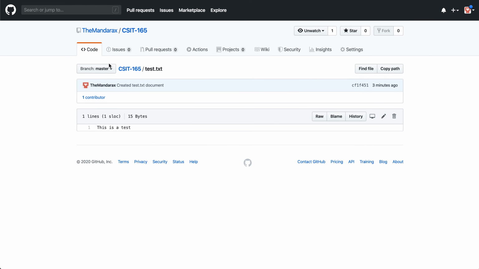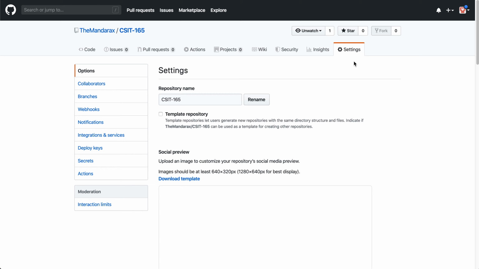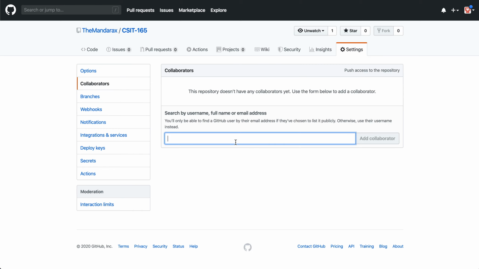As I said earlier, however, you may want to work with others on a project. You can do that by creating different branches. You can fork this, and then you can do a pull request on those forks. But if you're working in a small setting, sometimes it's easier to use a centralized workflow. You can create a centralized workflow by going to Settings, clicking on Collaborators, and then specifying using their GitHub user email address what kind of collaborator that we want to be able to give access to push and make changes